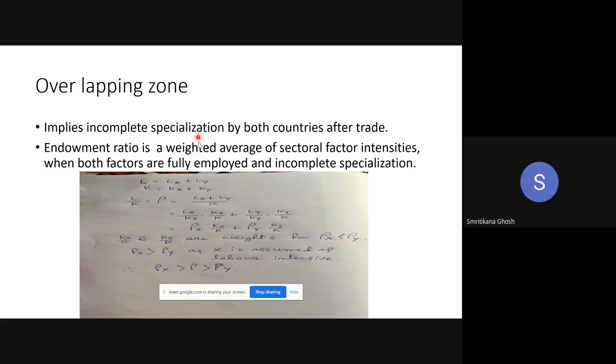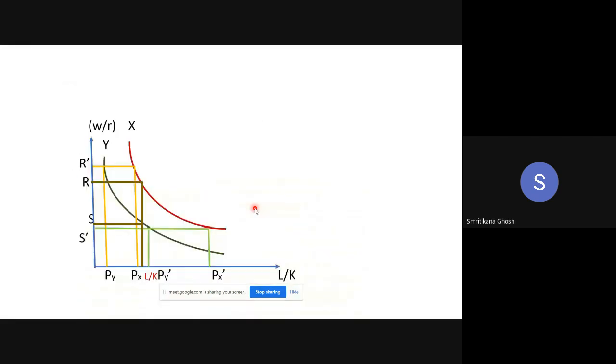So these two things are there to get the overlapping zone. We discussed a lot about the overlapping zone. So what is the shape? How does it look? So here it is. This is just the explanation of the overlapping zone. Look at this diagram. I think this is in any of your textbooks. I can't remember the name, but either in Krugman or in Gibbs Jones.